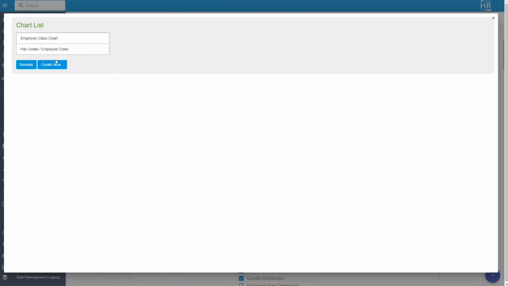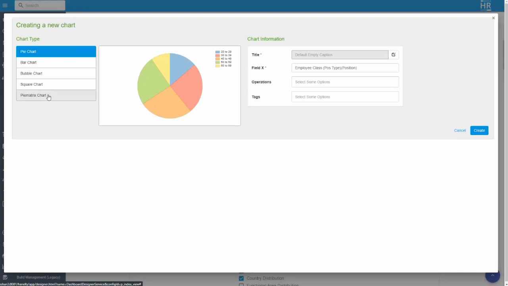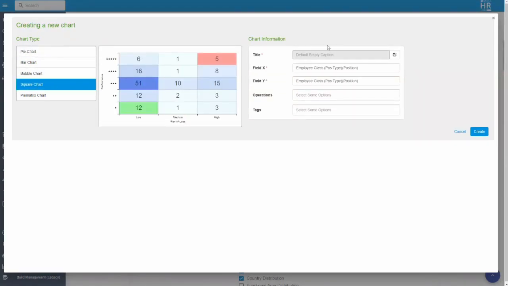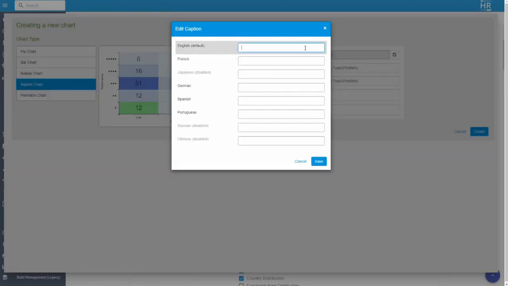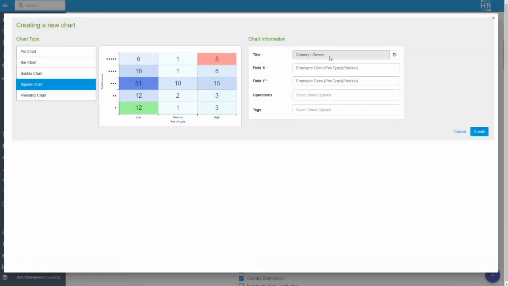And then the last one, which is related to the gender pay gaps. Again, we want to look at the country and gender information for my key positions. So the best would probably be a square chart as well. And I will add it by doing the same concept. I will look at country, gender distribution. So this is my graph. It's called country by gender,